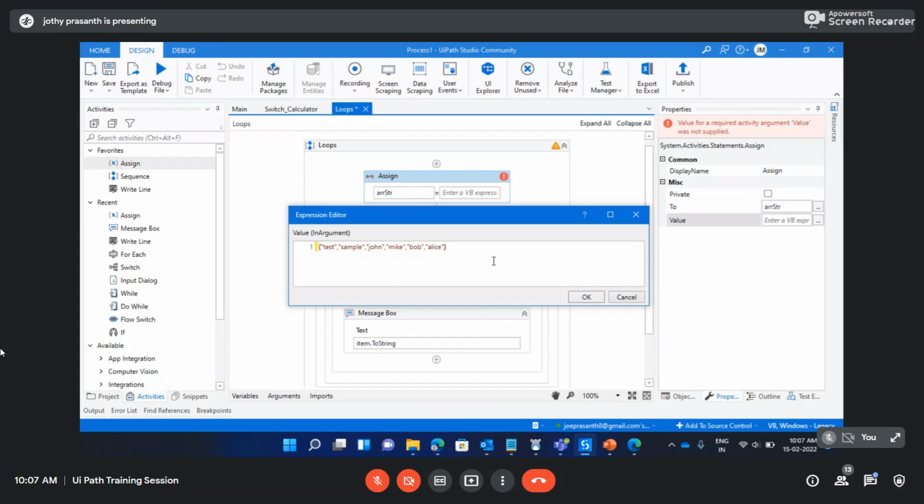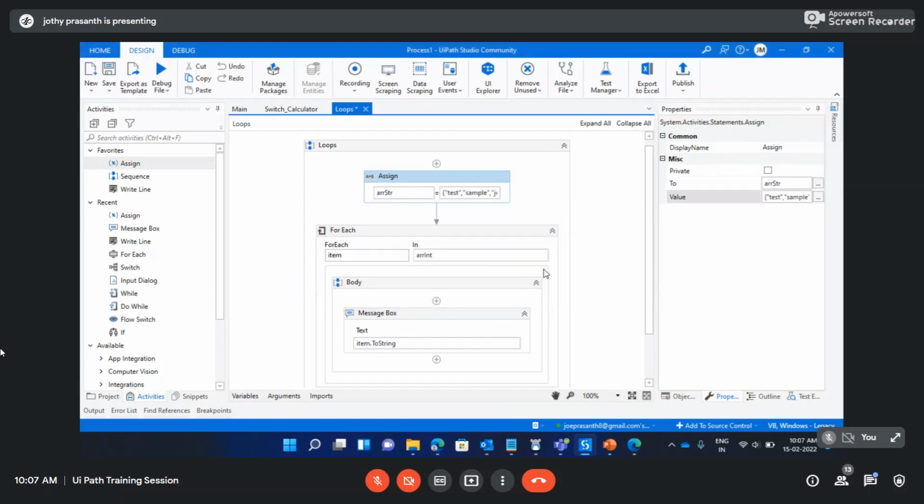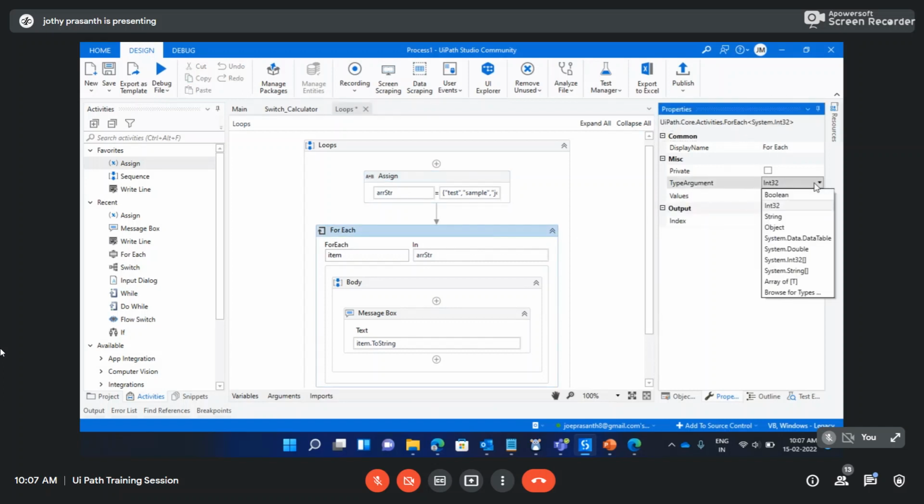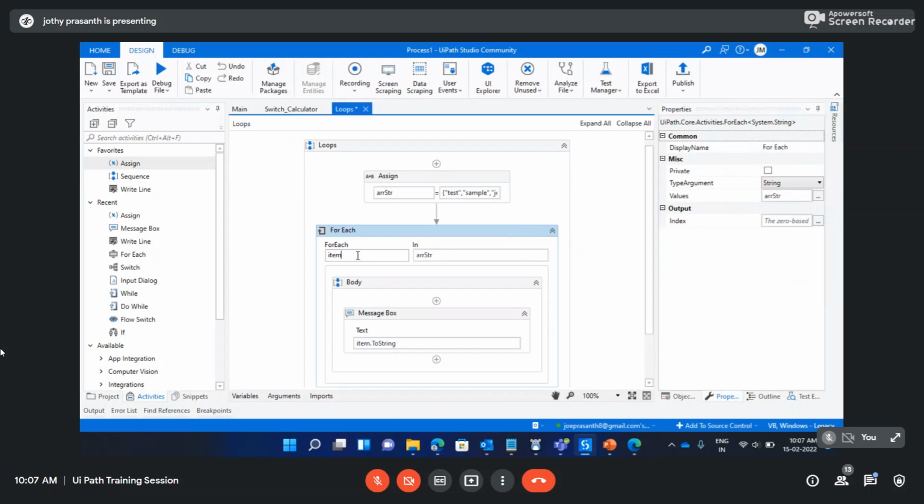So you can put it like this also, fine, no issues. Once we have done this one, what I need to do is copy this one and put it into an argument. Now we have an array of string, so the argument needs to be changed to string. Once we change it, this item will be in a string format, so we no need to